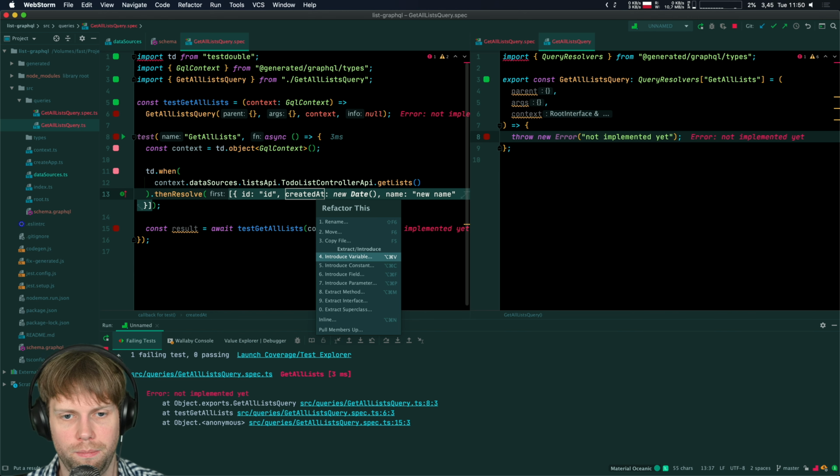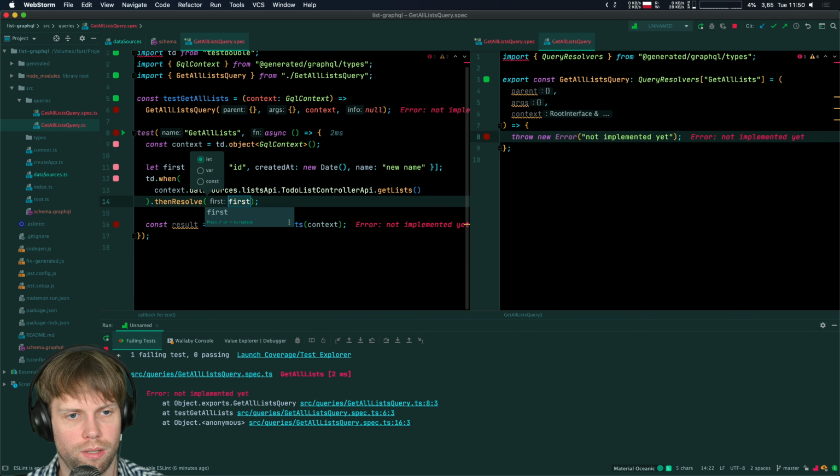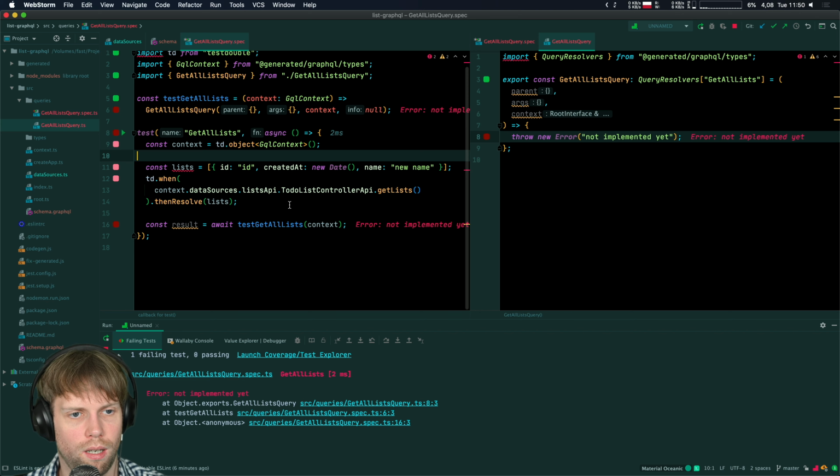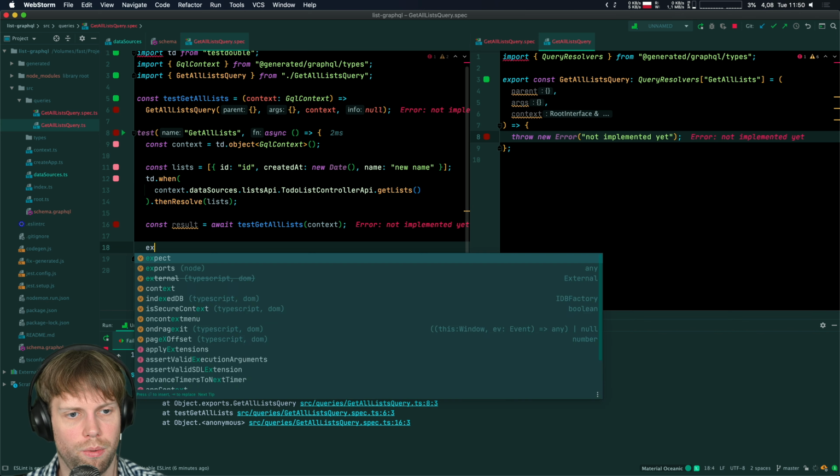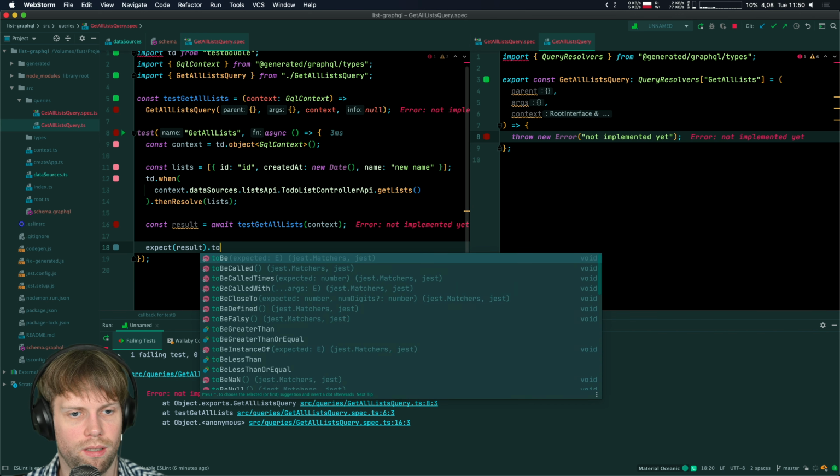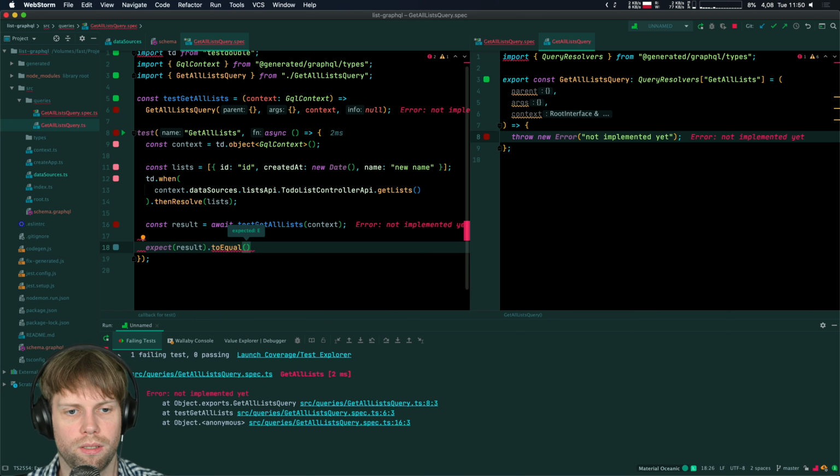Let's create a variable with this array, make this const. And then we want to expect that the result of calling the resolver function will be that list,